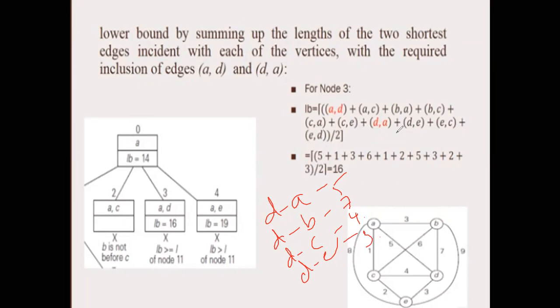But in this particular step, in this particular node, what are we doing? We are moving from city A to D. So we should consider the distance where we are moving from city D to A, irrespective of its cost. Correct? So write down D to A. Then from the remaining, which is a minimum, that is 3, that is D to E. So write down D to E. Is this clear? Fine.